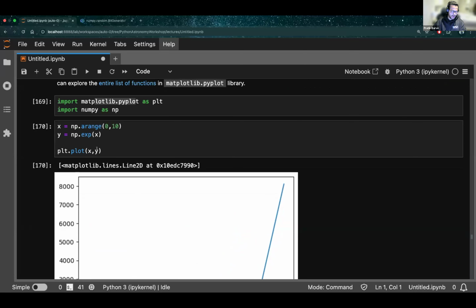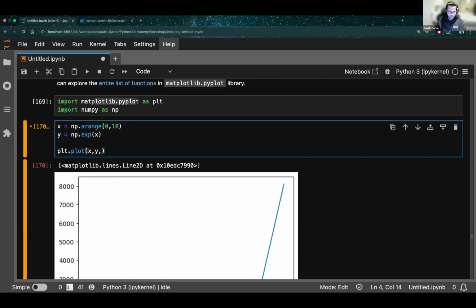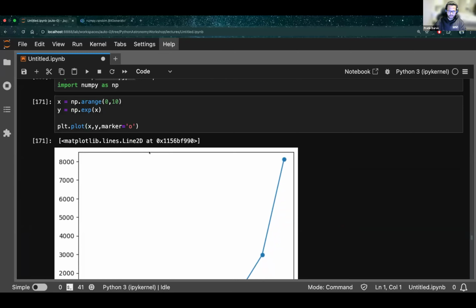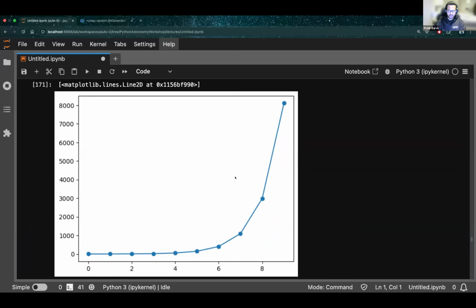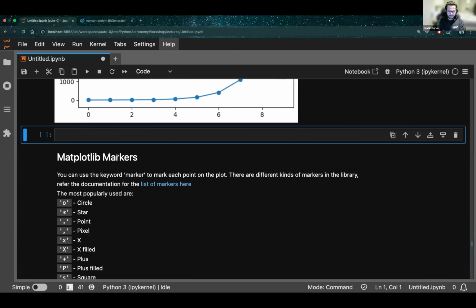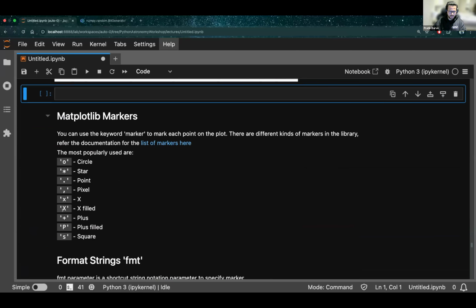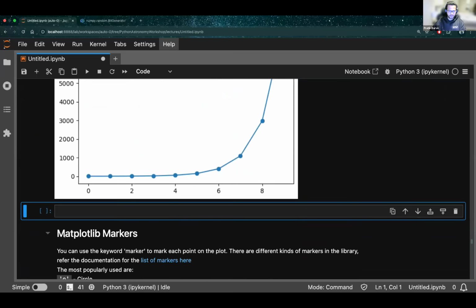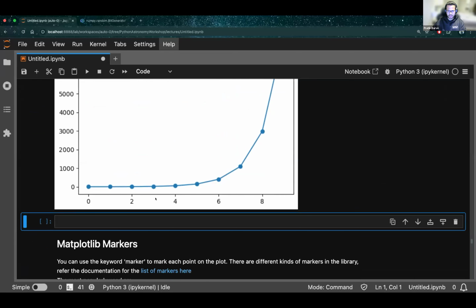Now, what all things we can add to it? So there is something called as markers. If we want the data points to be shown, we can use different markers. Like O will give us this dot. Now, what all markers you can use, I have listed it, all these different kinds of markers we can use. So if we have multiple plots in the same plot,